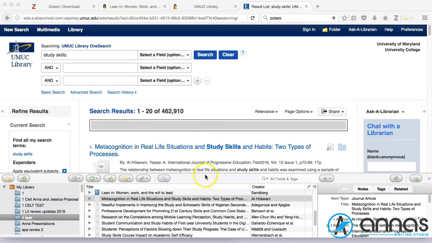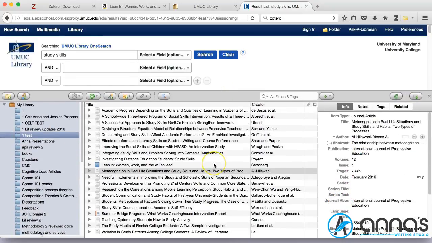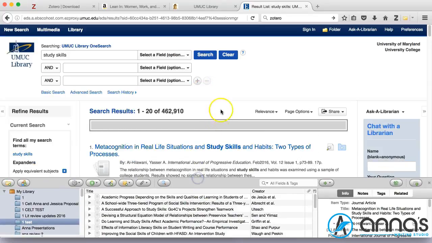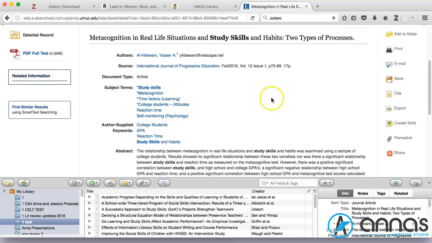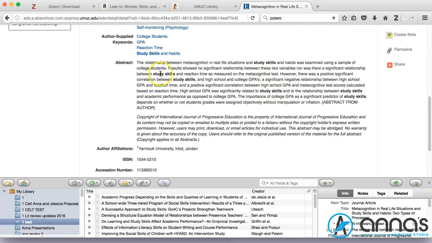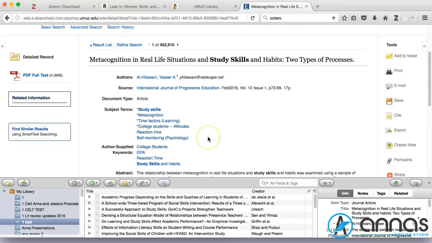So you can see now that all these articles are imported. But I mean, most of the time you shouldn't import all the articles at once. You should look at them one by one, read the abstracts, and see if they apply to your research. So here, let's say, you should quickly read the abstract, look at the keywords, and see if they apply to